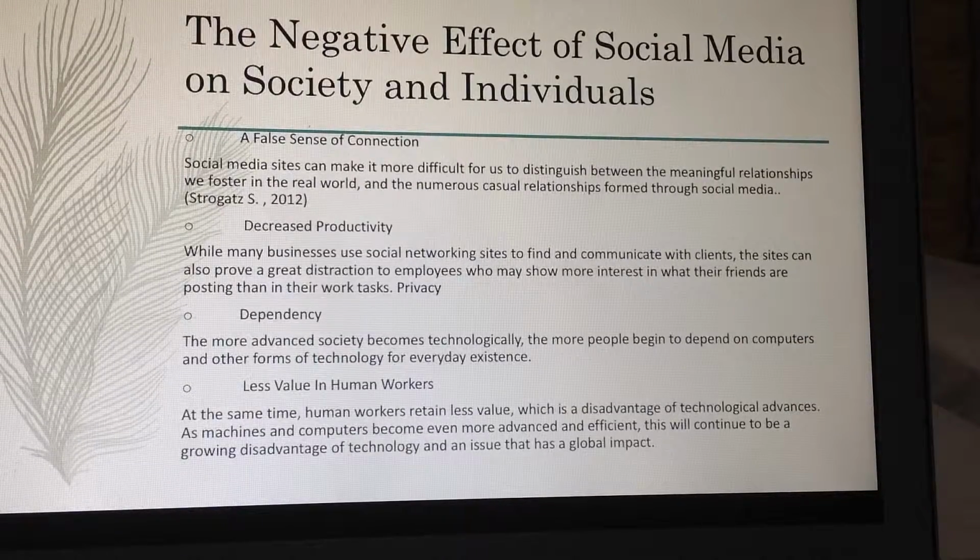The negative effect of social media on society and individuals. By focusing so much of our time and physical energy on these less meaningful relationships, our most important connections, he or she fears, will weaken. New technology products have become available that allow social networks to be blocked, but their effectiveness remains spotty.